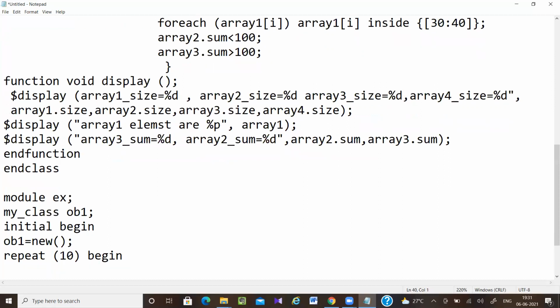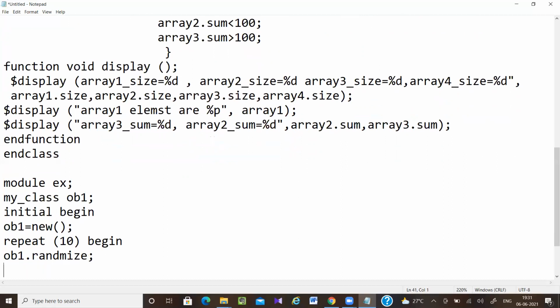Begin, object1 dot randomize. Then I'm calling the display function, object1 dot display.